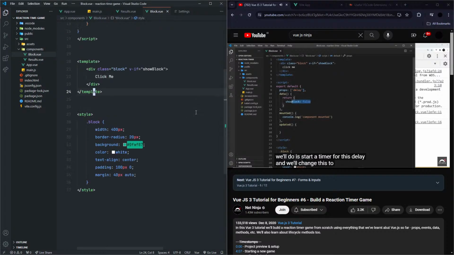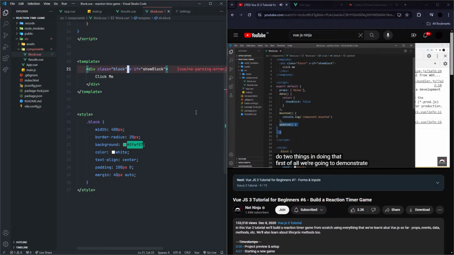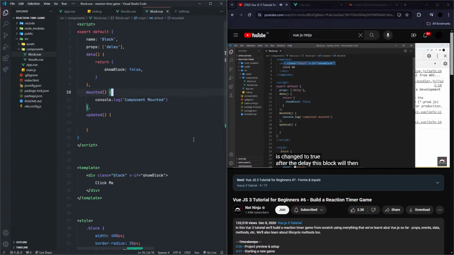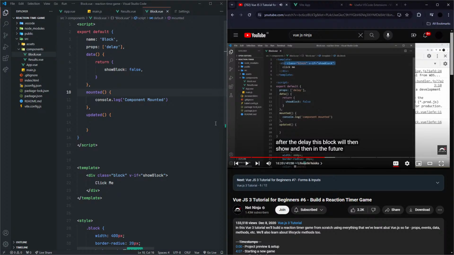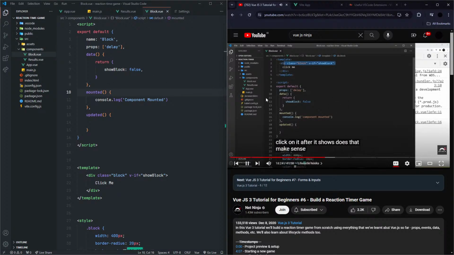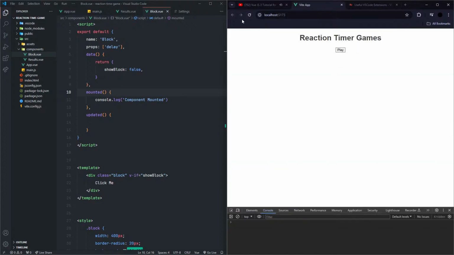And we'll change this to true. And we'll do two things in doing that. First of all, we're going to demonstrate this hook updated, because then that will fire when this changes. And secondly, when this is changed to true after the delay, this block will then show, and then in the future the user can click on it after it shows. Does that make sense? So to begin with, if we check this out, if we refresh and click play, then